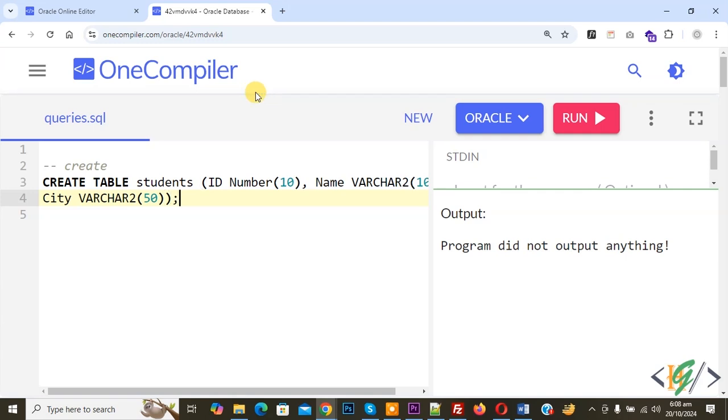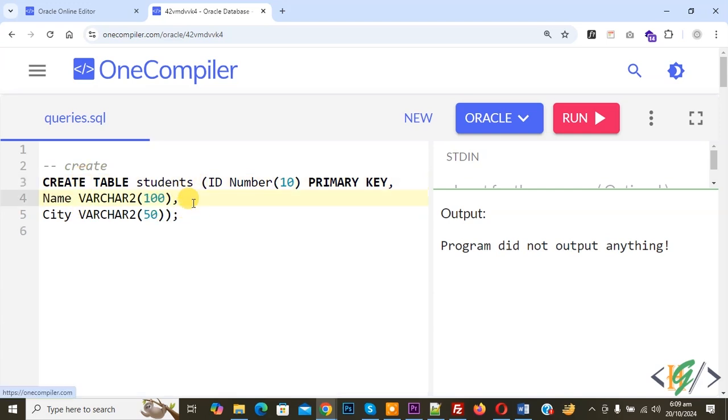So we are going to make ID number the primary key. Now again click on it. Now add primary key. So we are going to make the ID column the primary key. So this is our query for Oracle. Now you see create table student, ID number, length, primary key, name, data type. Now you see column name, city, data type. So by using this query, you can create a table in Oracle database.